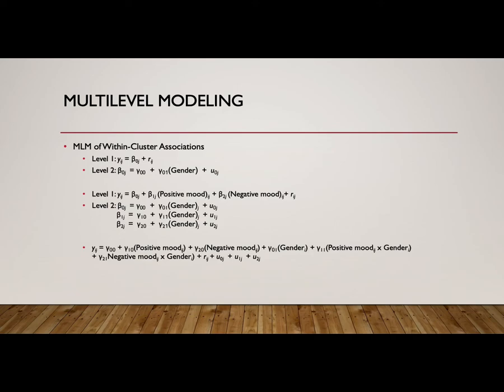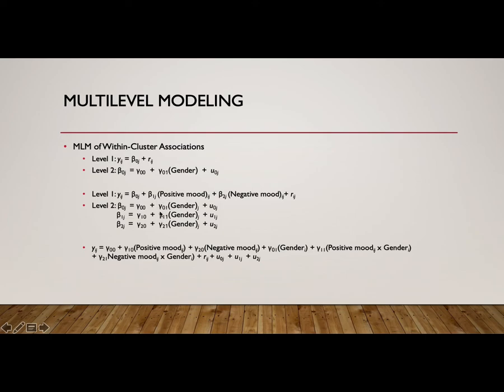If the γ01 is statistically significant, what does that mean? What is that Greek letter? Anybody know? Is it gamma? Yeah, gamma. I think you're right. So if gamma 01 right here is statistically significant, what does that tell us? Yes, on the mean, on the intercept of the outcome variable, right? It's the exact same thing that we have up here, right? And so this would say that we have gender